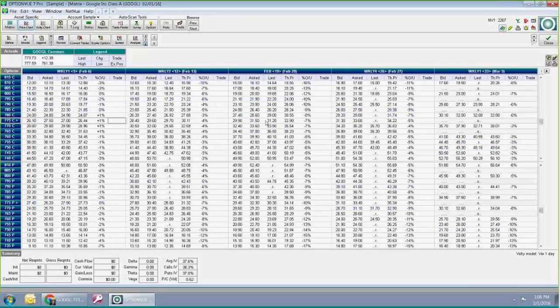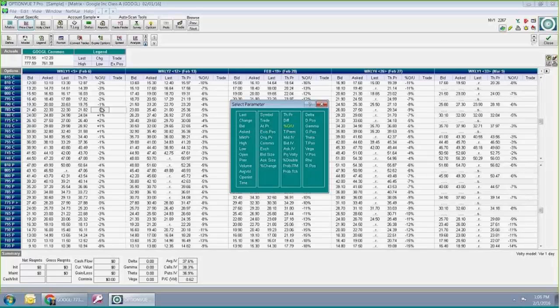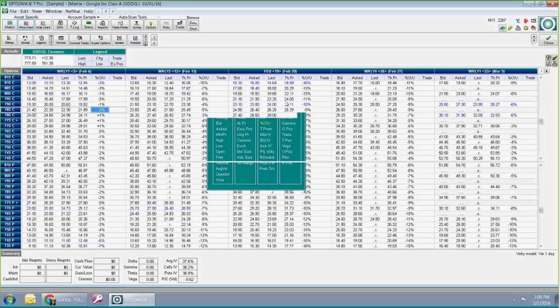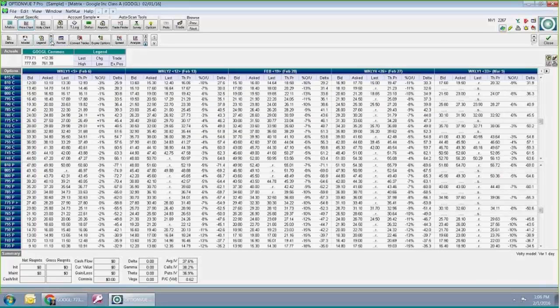If I want to do a trade, I'll just change this last one by right-clicking in any column, which brings up this select parameter box, and you can change this. It remembers that change, and it'll continue to remember the change for as long as even tomorrow, unless you go back and click your little button to go back to that format. I have this set to format number 2.